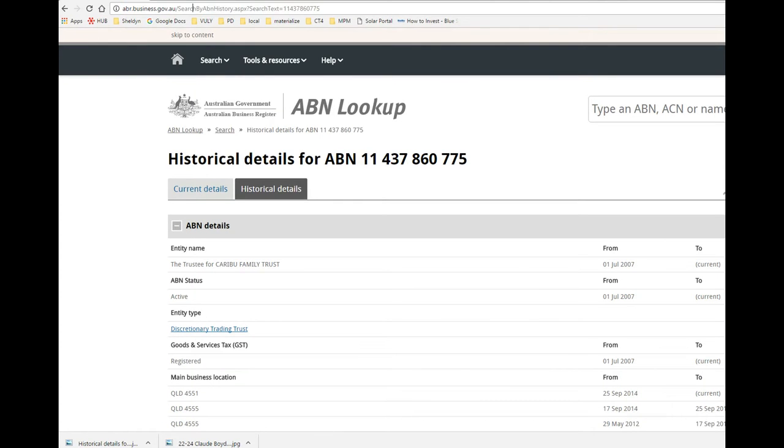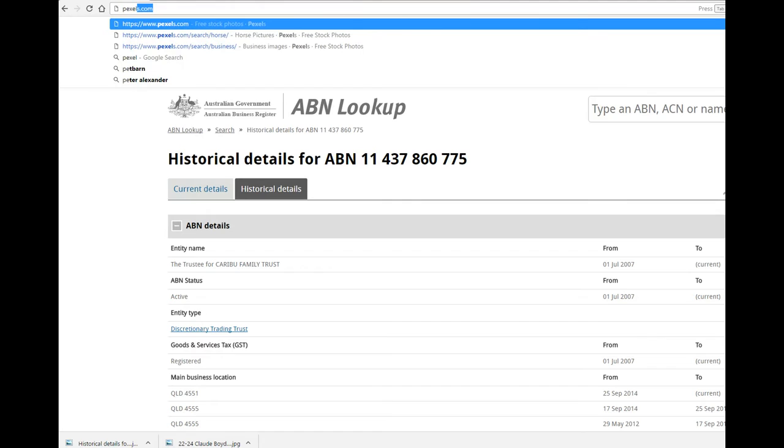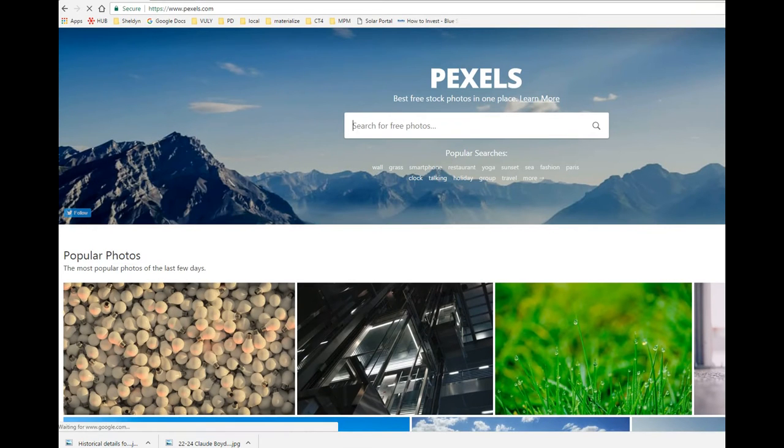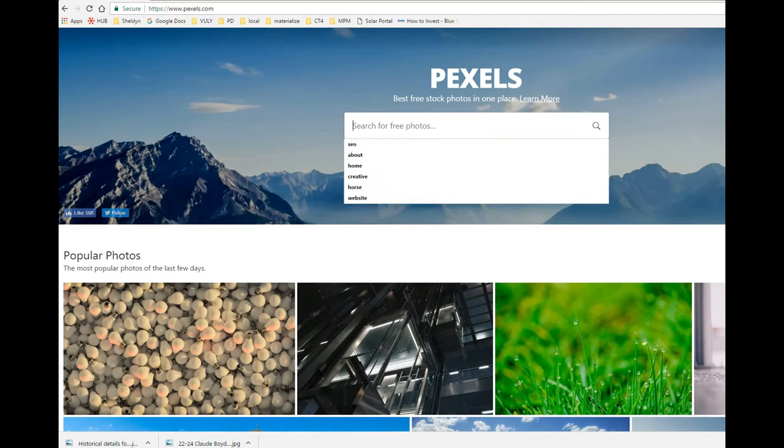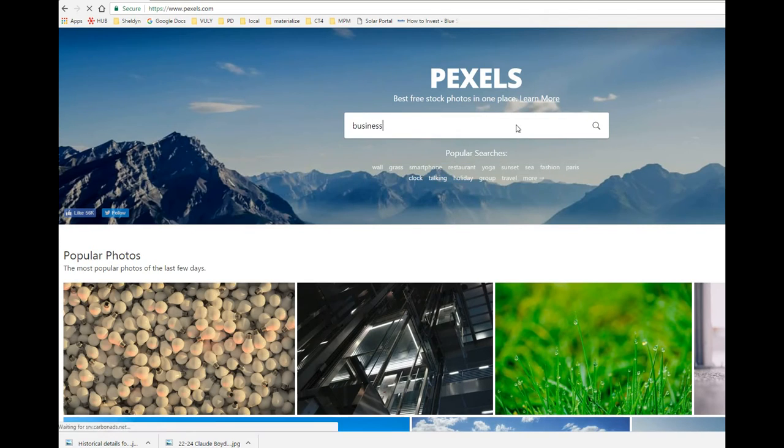The first place is a website called Pexels, P-E-X-E-L-S. Why I like this website is that all the photos are free, they're license free, so we can use them without risk of copyright. But they're great photos, they're really artistic, they capture emotions, so they're not just your typical stock photos. For example, if we go to Pexels and we search for business,